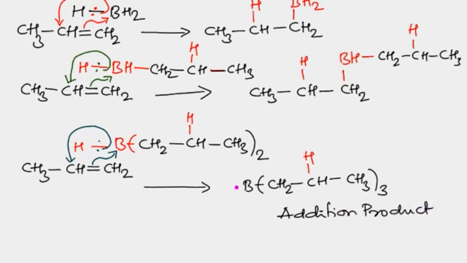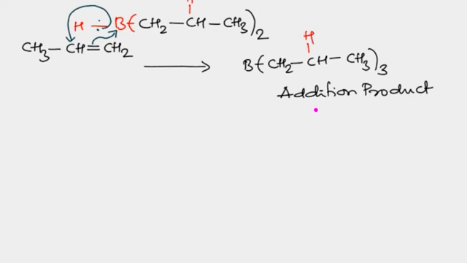Okay, after this, boron does not undergo the addition process with alkene because there is no hydrogen with boron right now. Whatever addition product you got, this product should be oxidized. So I will take the same molecule here, that is, I will invert this molecule. It will be easy to understand. CH3, CH, CH2, and here one hydrogen is there, and then it is connected to a boron bracket 3 times.